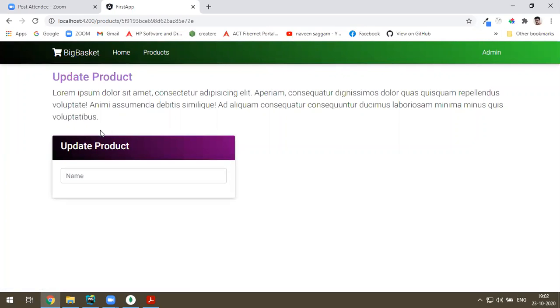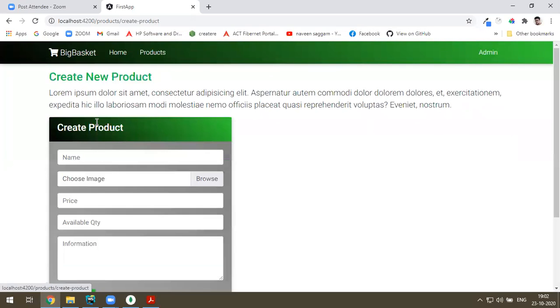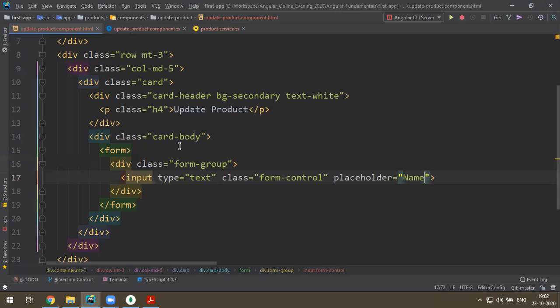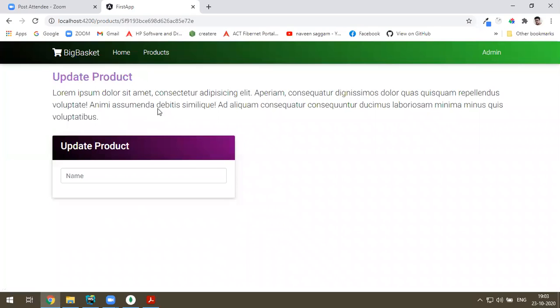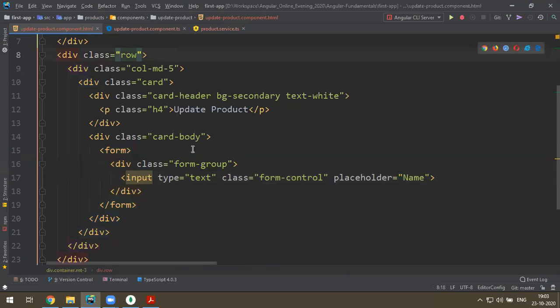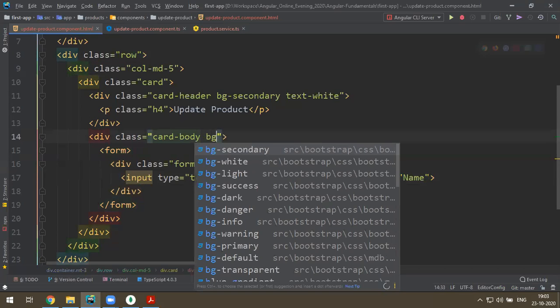Yeah, update products. I think there is no space for create, no? For create, no space. Okay, I think this margin top was not there. Okay, fine. No space. Okay, let's also give some bg-light,